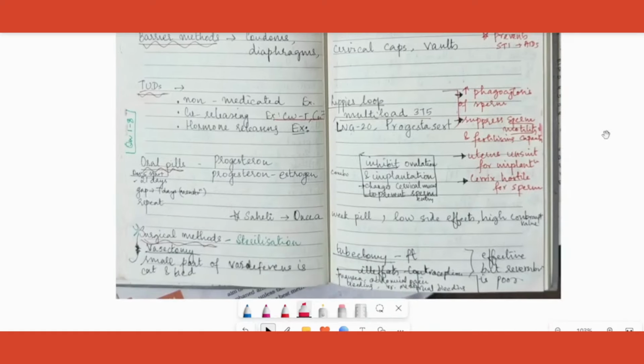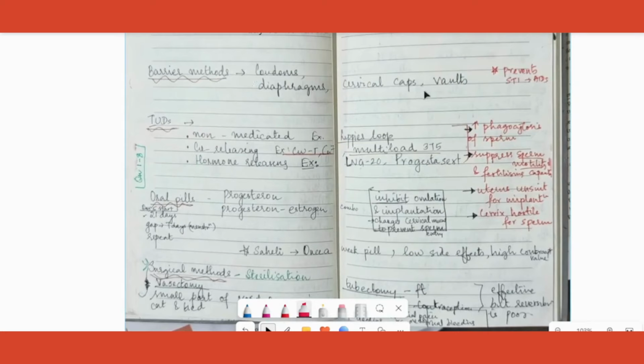Next one is barrier method. All these methods are used. It creates a barrier. What is the importance of this is a 1 mark question. It prevents sexually transmitted diseases. Very important one. Okay, next is IUD, intrauterine